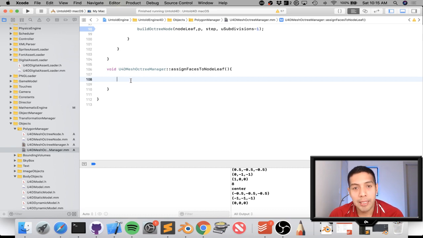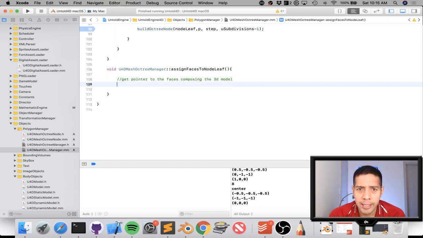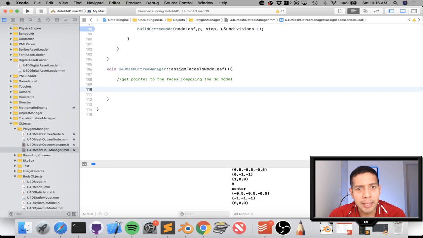All right, so let's go back to my engine. Assign faces to the node leaf. Well, here we need to get a pointer to the faces composing the model, and I hope I wrote that method. Okay, once I get that pointer to the faces,